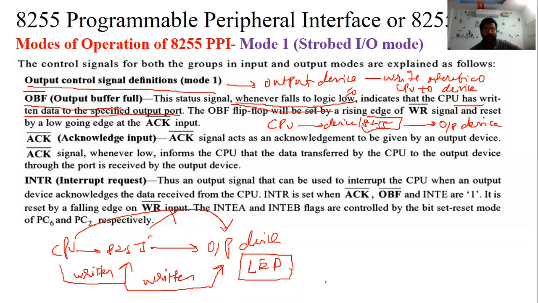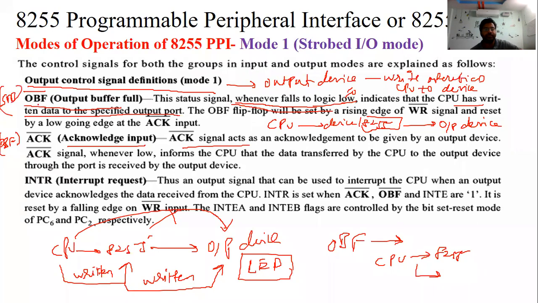So this output buffer full, OBF, will indicate that some data has been written from the CPU to the 8255. Once it is confirmed, it can send its acknowledgement signal. The acknowledgement signal is like the input IBF signal, which in the input mode is like a stop signal.